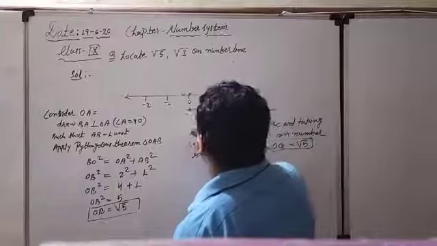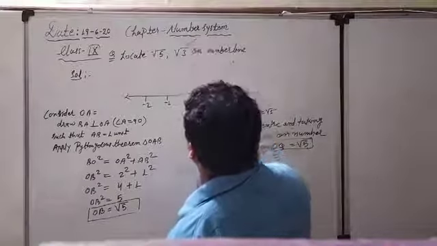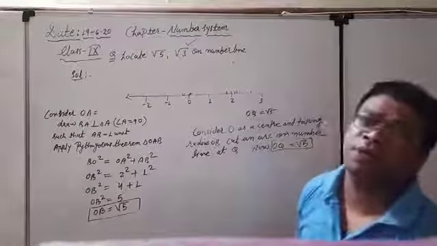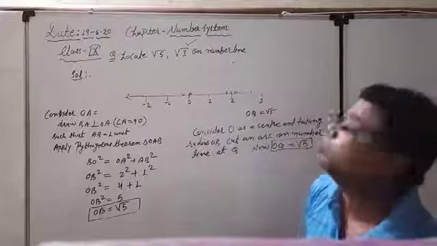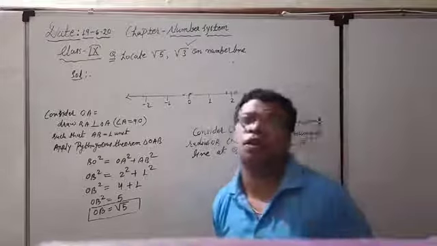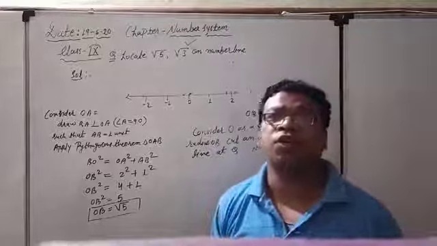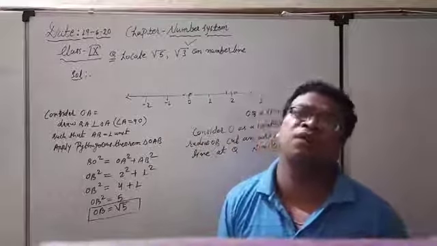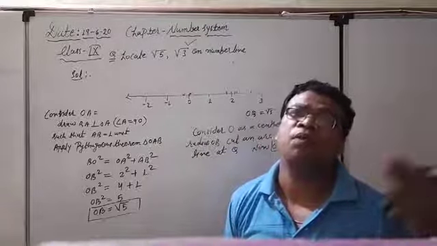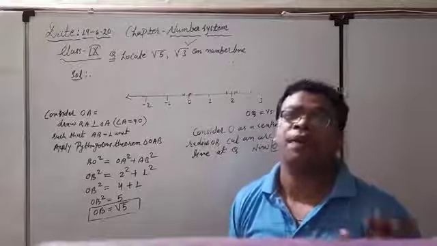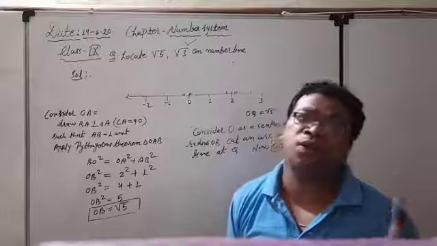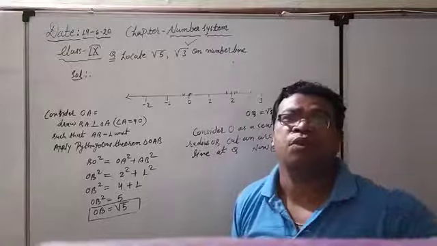What is the case right now? Root 3. We are going for the root 3. So root 3, how to represent? First we will go for the root 2. For root 3, first we have to make root 2. We have to just see root 3 is coming before which perfect square. So root 3 के पहले perfect square कौन आता है? Perfect square 1 ही आता है. Okay? Perfect square तो कोई आता नहीं है.